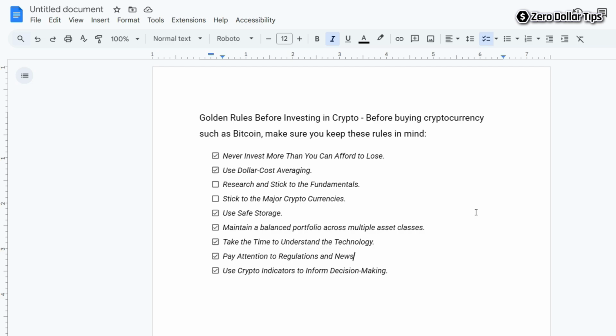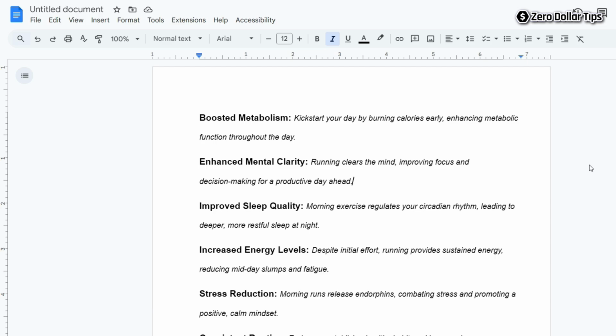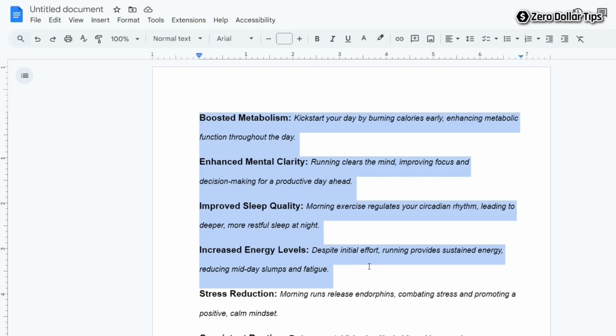And in case if you are looking for the keyboard shortcut to insert checkbox, then let's see the second method. To insert checkbox using the keyboard shortcut key, first of all, select the line or paragraph where you want to insert the checkbox. Let's say I want to insert here,